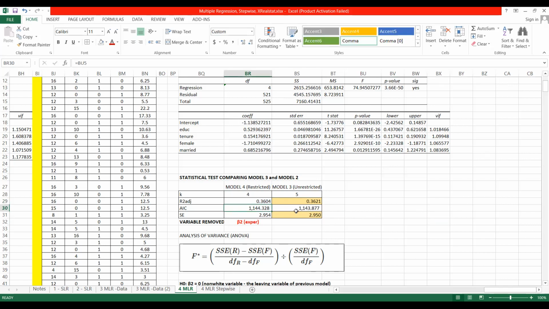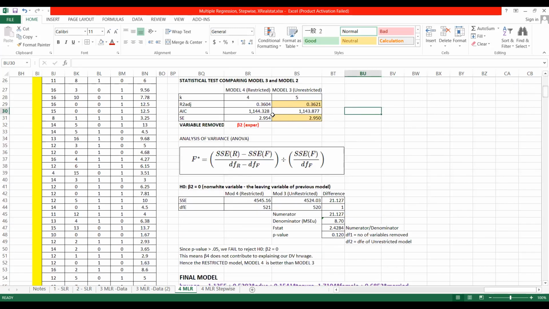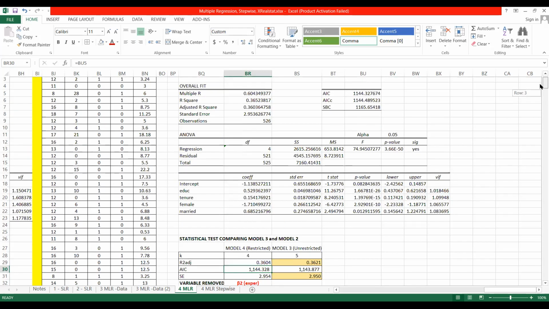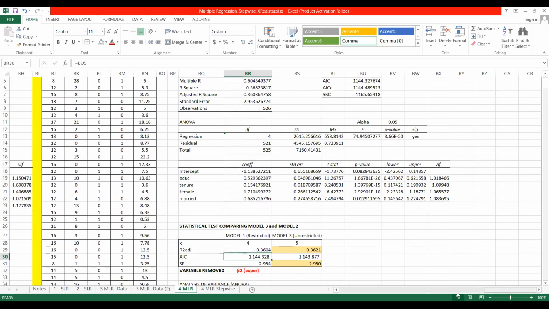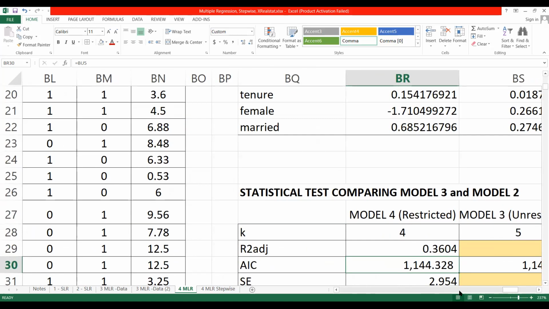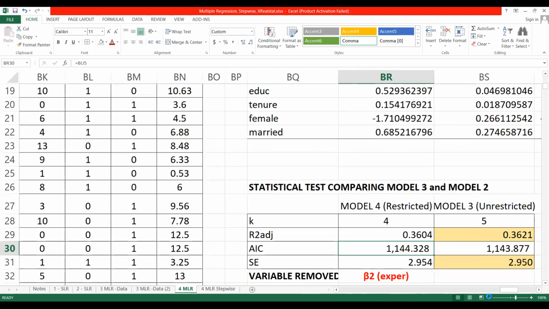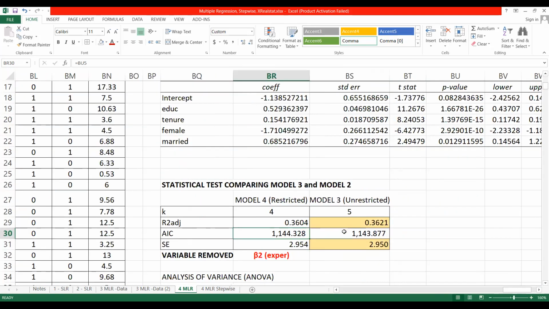AIC, mas maganda si model number 4, 1144.32. Tapos dito sa model number 3, 1143. Okay, so here it turns out, guys, na mas maganda si, tama ito, mas maganda si model number 3 in terms of Akaike. But sabi natin guys, kailangan